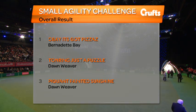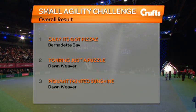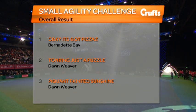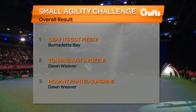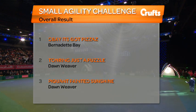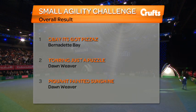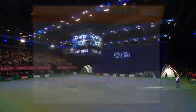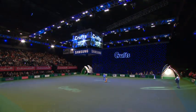Obey, It's Got Pizzazz. Bernadette Bay won the overall. In second place with Tonring Just a Puzzle, Dawn Weaver. And in third place, Dawn Weaver again with Pecan Painted Sunshine got third place. Great effort for her there. But a tremendous overall result for that small agility competition. And actually that wraps up the agility in this ring for today. There's plenty more